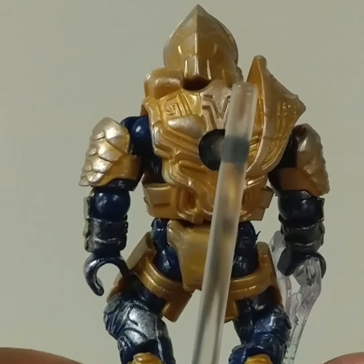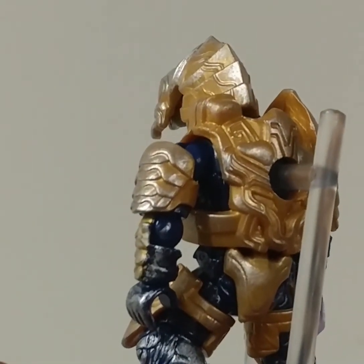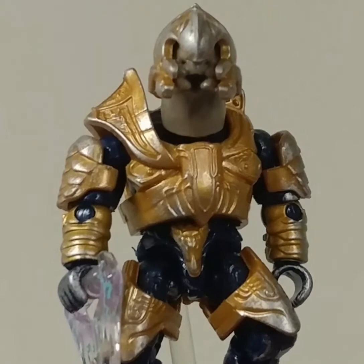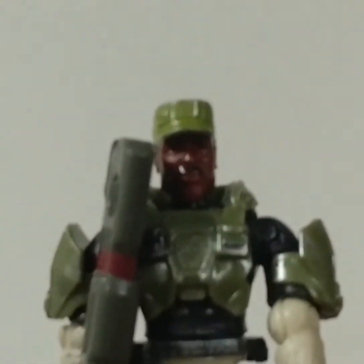But you know what though, these things are so hard to find right now because the distribution is so wacky. I'm here in Buffalo, New York, so I was able to find these at the Walmart. I just happened to take a chance and walk in and find them, and I only found 4 of them, 4 out of the 6. And this is one of the 4 that I found. Sergeant Johnson,